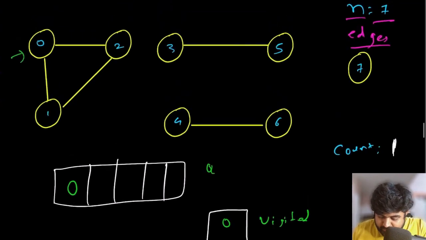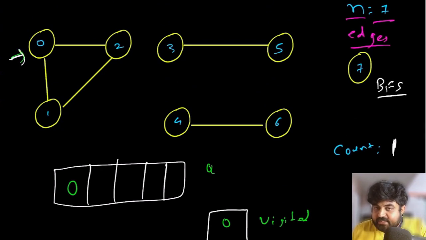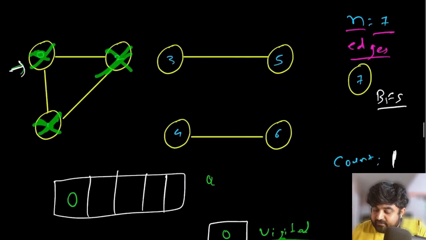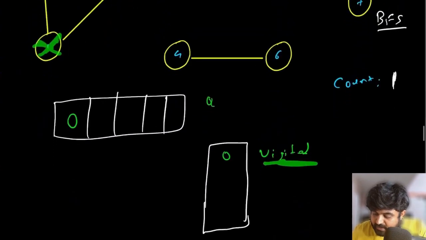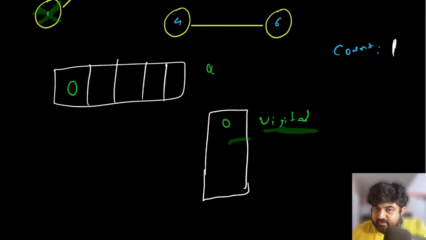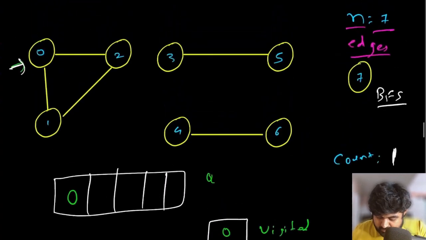Now for this particular 0, we are going to run BFS, and by running BFS, we would be able to go through all the neighbors that the 0 is connected with, and then mark all of them in the visited hash set. So even in the future, for this n is equal to 7, if we come back to the same node, if that node has already been visited, we will just simply skip over it. So let's just do that.